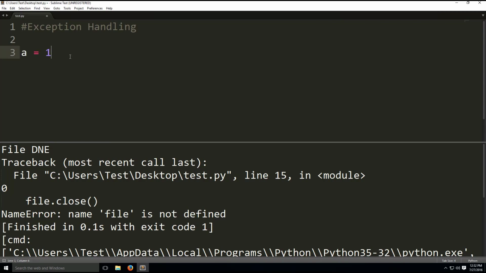So let's say a equals 1. There's obviously no problem here. We're going to say def, and define raise exception, and it's going to take a as the parameter. In this function, we're raising an exception. So we say if the type of a is not equal to the type of character a, then we're going to say